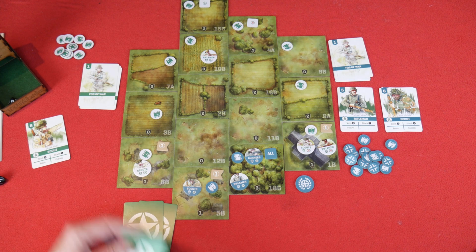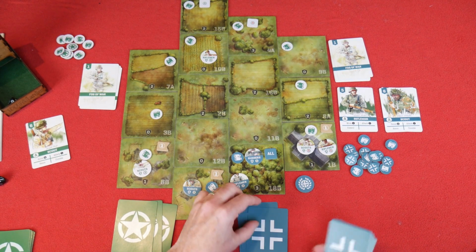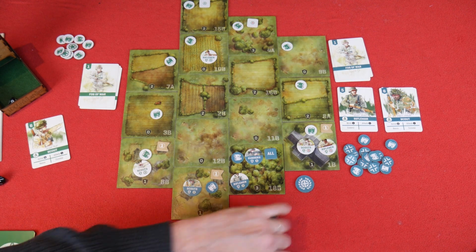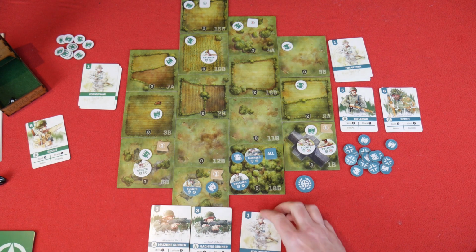So we've got 1, 2, 3 for the Americans, 1, 2, 3 for the Germans. German initiative now is 7, American initiative is 1. It's a Fog of War card, a Squad Leader. So the Germans, let's see what they do. 2 machine gunners and a Fog of War. Right, so ignore the Fog of War,